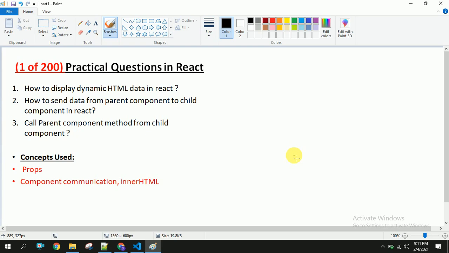Let us suppose you are getting some dynamic HTML from the API and you want to display that in your React UI. How to do that? The second one is how to send data from parent component to child component in React. We will have two components, one is parent and another one is child, and you are going to send the data from parent to child. How to do that? The third one is how to call a parent component method from a child component. So these are the three questions we are going to cover in this video. So let us start our